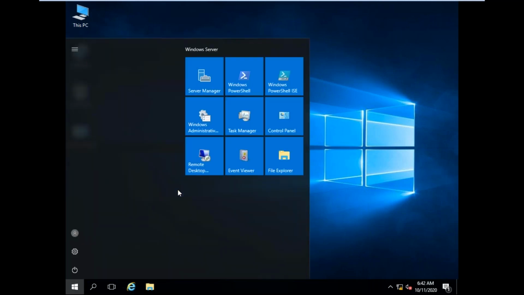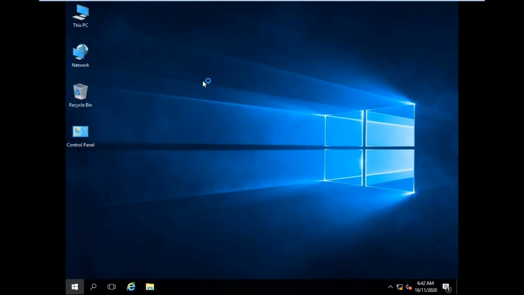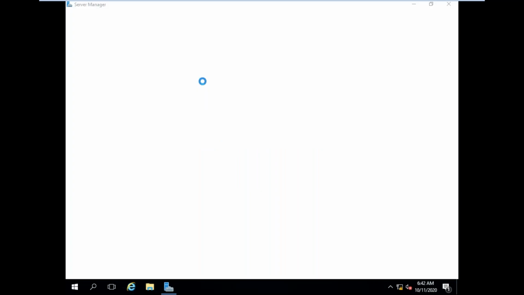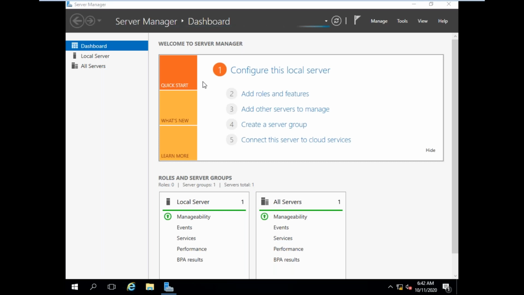Click on the start button. Click on Server Manager. So it's going on.